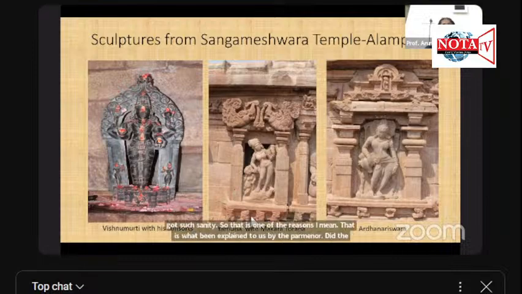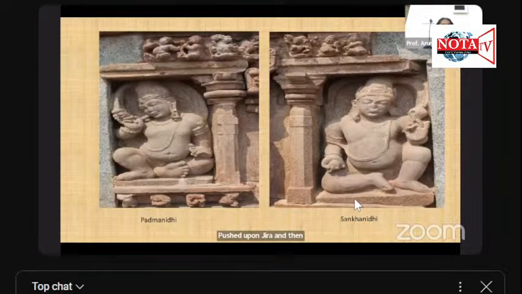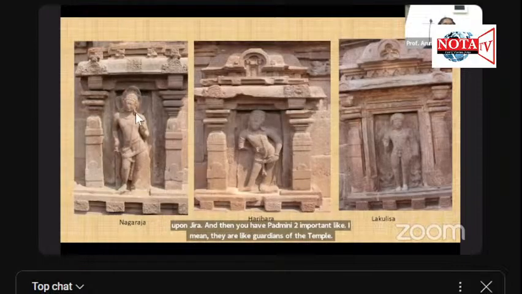So this is one thing. And Yamuna with Makara Torana. And here Ardhanarishwara. This is very beautiful. You can clearly see the Ardhanarishwara, here the male and here the female portion. The Ardhanarishwara sculpture has been very beautifully fit into that particular Koshta Panjara. And then you have Padmanidhi and Sankhanidhi, two important figures, they are like guardians of the temple. And you have Nagaraja with snake hood,